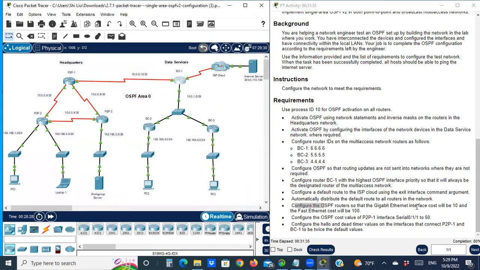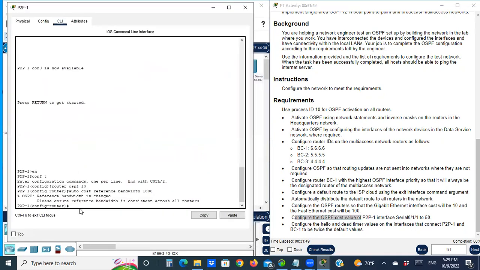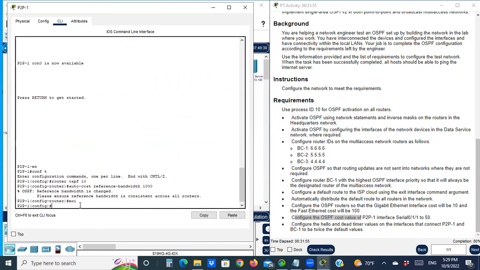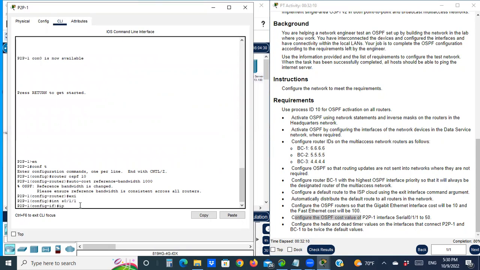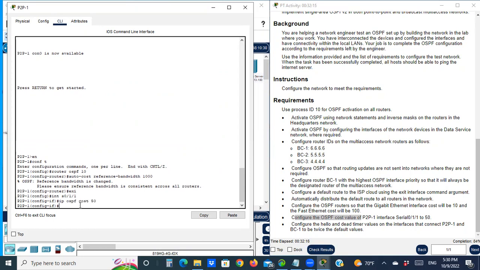All right, next, configure the OSPF cost value of the P2P1 interface Serial 0/1/1 to 50. Let's go to interface Serial 0/1/1, ip ospf cost 50. All right,